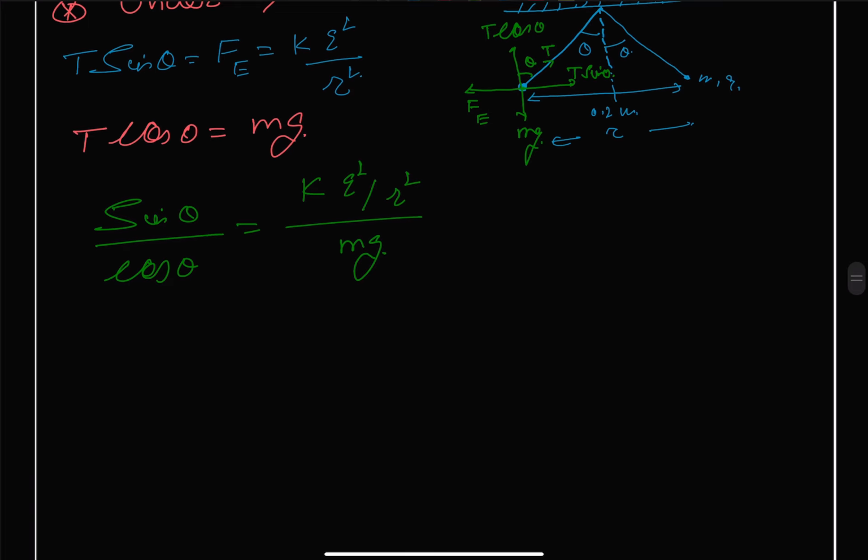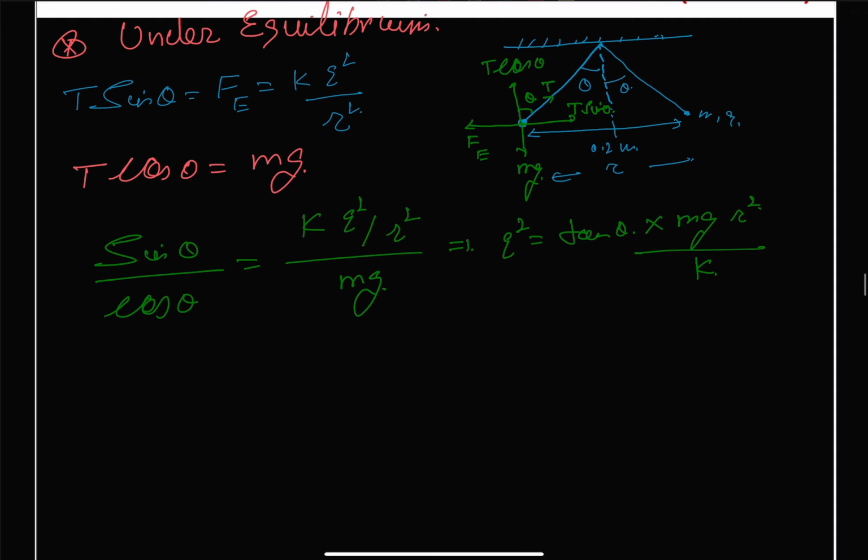Therefore, from here Q square equals tangent of theta, since sine theta over cos theta is tangent of theta, multiplied by mg R square and divided by K. And we can easily find out tangent of theta